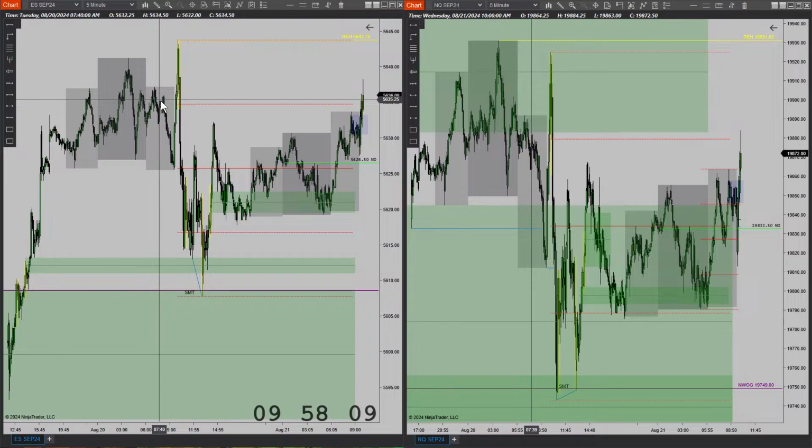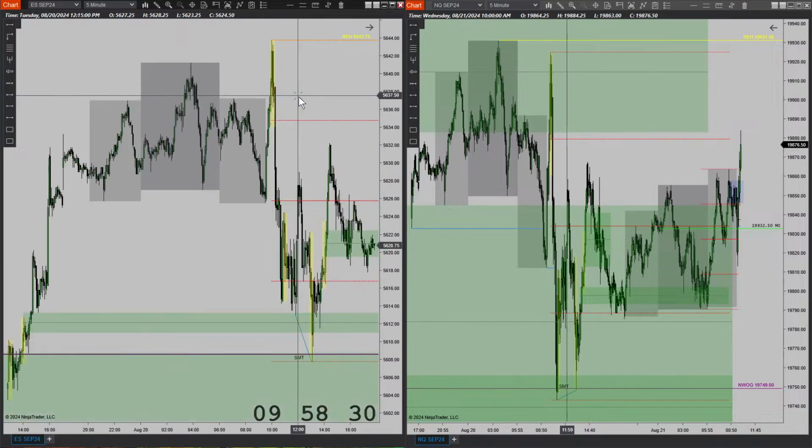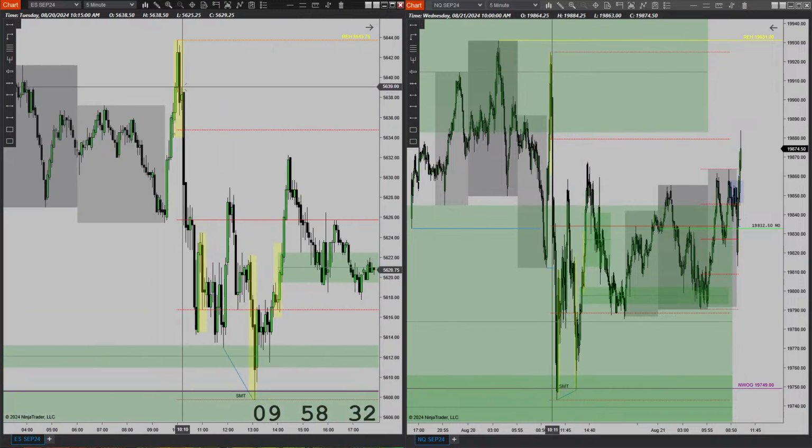Oh, don't do that to me. We're getting a pretty weak close, it seems. All right, so we have 2 minutes into the 10 o'clock macro. So what I'm going to do is I have my stop at break even, but I want to see how the 5 minute closes. The reason why I want to cover here is because we do have liquidity right here above this high. That's why my take profit is 39.